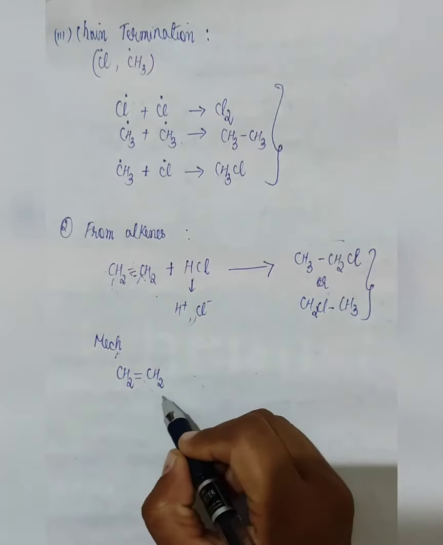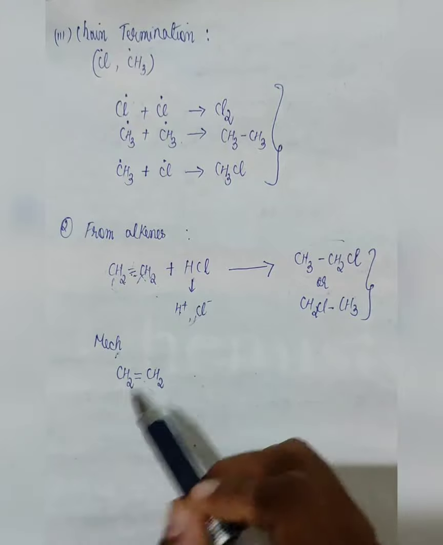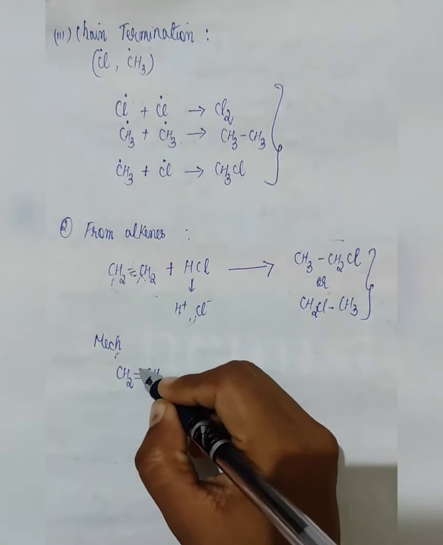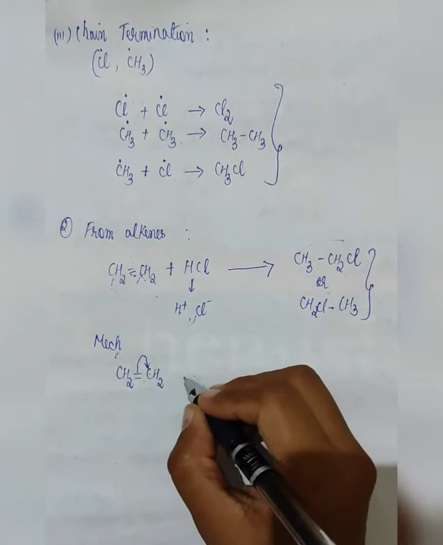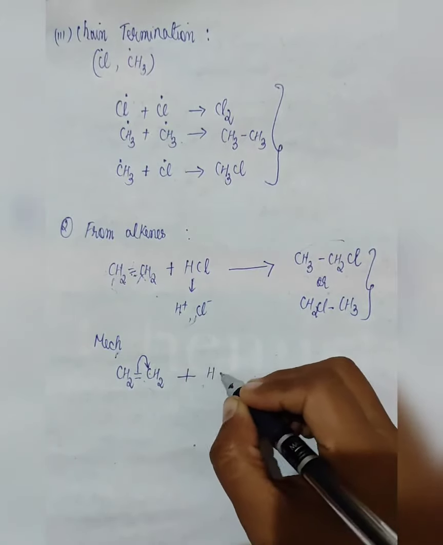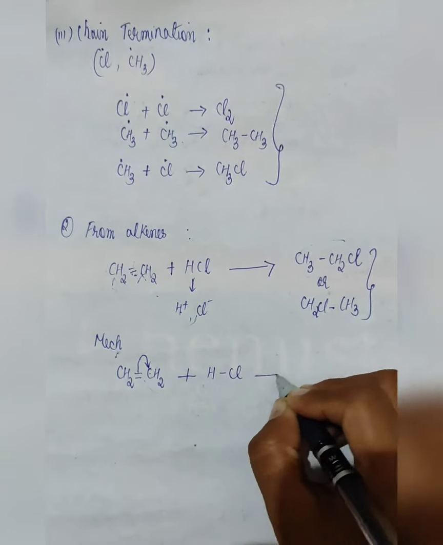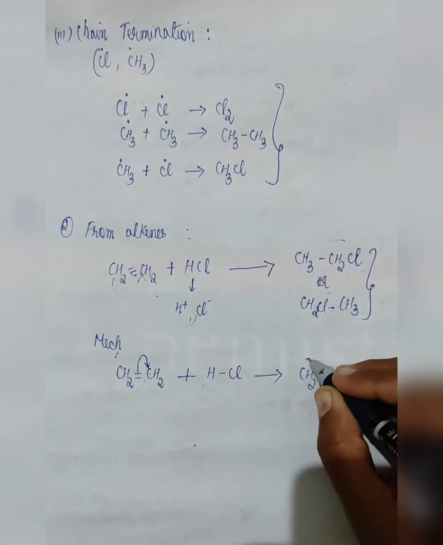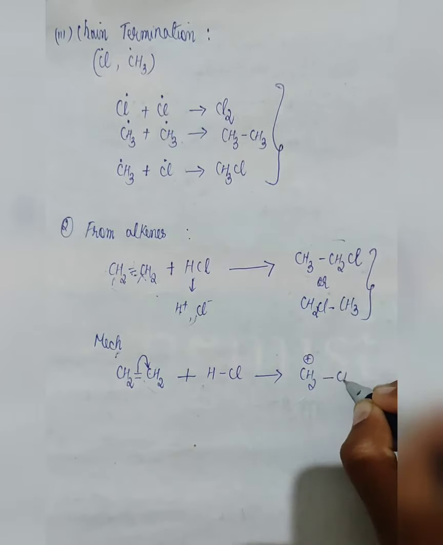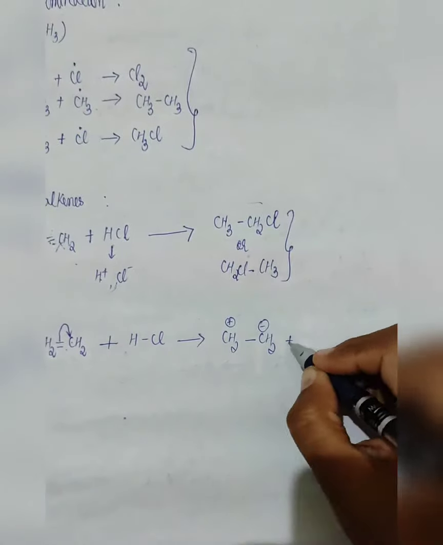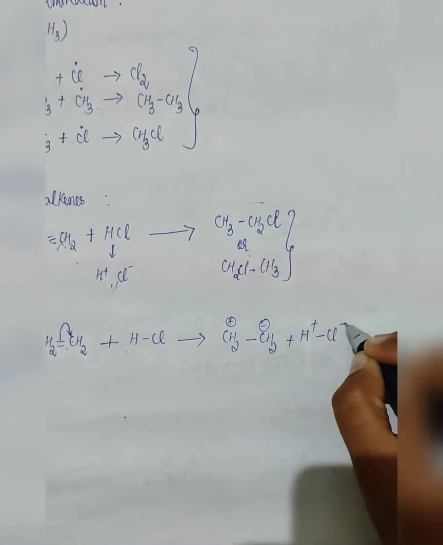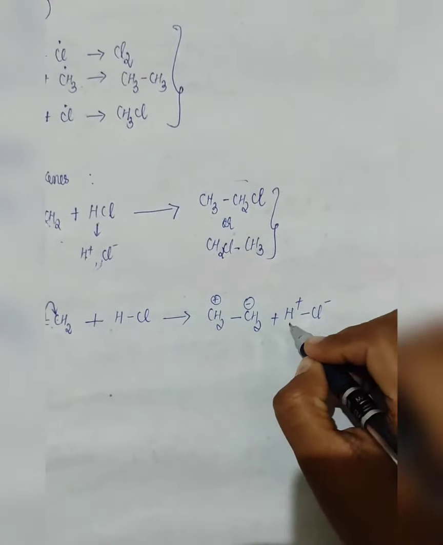Now to welcome the incoming H plus and Cl minus, suppose one electron goes here, that means this is going to acquire a positive charge and this is going to acquire a negative charge. Here HCl we have H plus Cl minus. Now H plus will attack here, the negative will attack here. So we get our product as